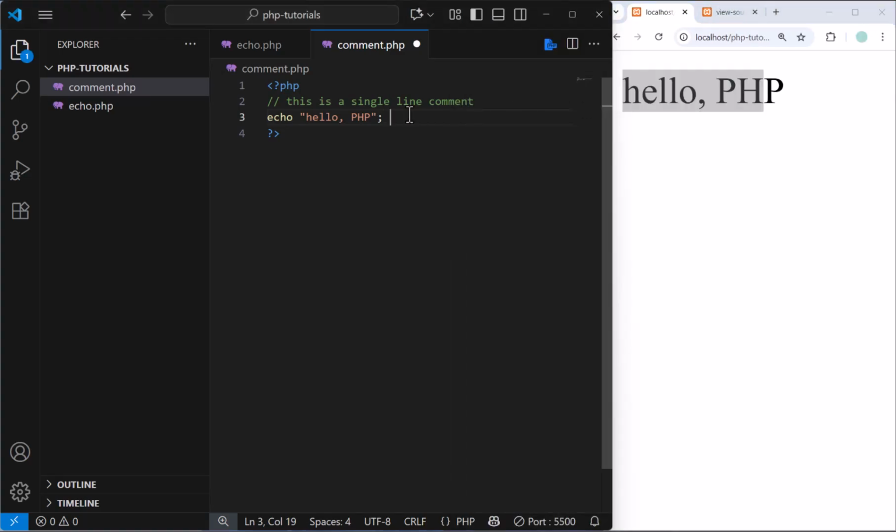You can also write a comment in front of your code by just typing double slash and writing your comment. This is comment. So both of them are single line comments, but you can also write multi-line comments